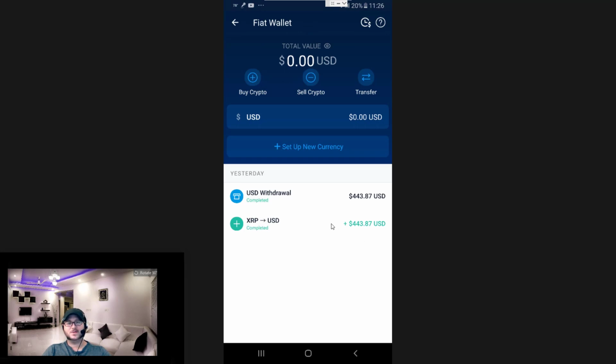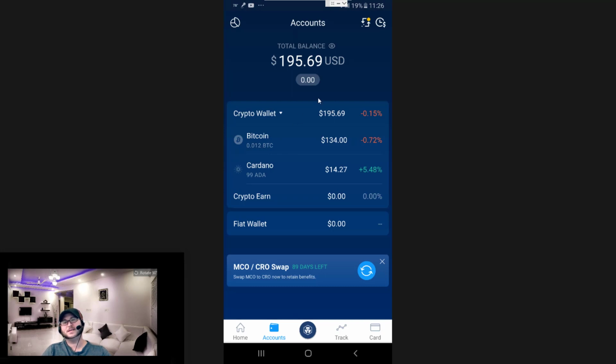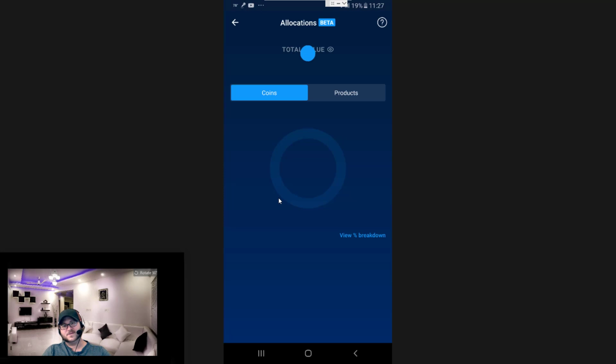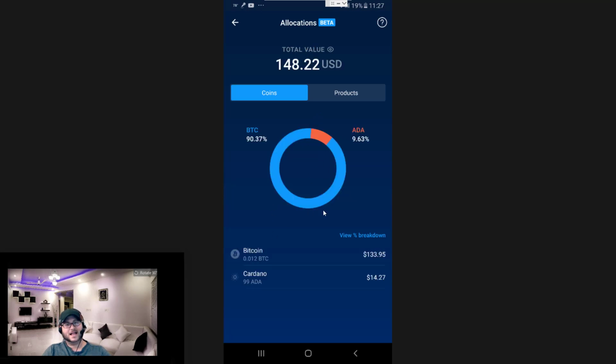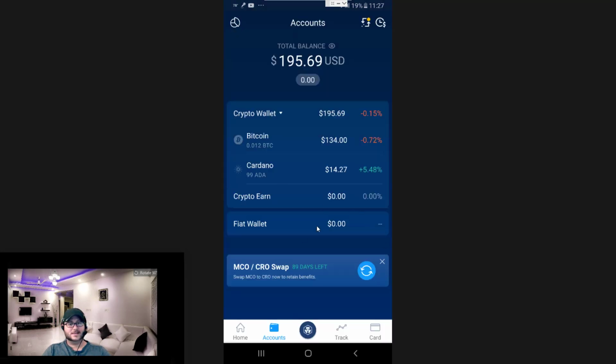I had some people that I was working with who were kind of confused by the concept of the fiat wallet, which I think most people familiar with cryptocurrency will understand. But in other crypto apps that I use, it doesn't use that term. It's just your USD, so it's a little bit more straightforward, and someone that's a beginner is not going to be necessarily confused. But yeah, it's kind of cluttered. It's kind of hard to find certain things, like if I want to see my allocations. Sometimes there's a lot of different navigational things I have to do to get to the information I want to look at,